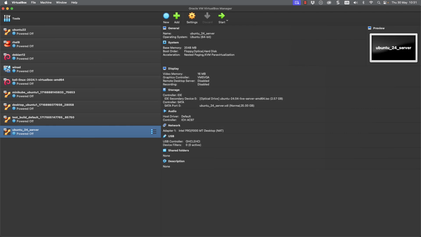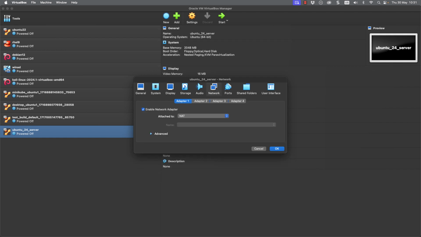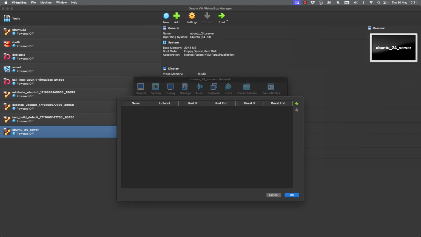Before we start up our virtual machine, I'm going to make it easy so I can connect from my host machine to the virtual machine when we look at running the configuration. By default, it's going to be using the VirtualBox NAT network, and we have to put port forwarding in for us to be able to connect. So I'm going to move into Settings, move down to my network. Underneath NAT, I move to Advanced and Port Forwarding, and I can then go through and add a port forwarding rule in.